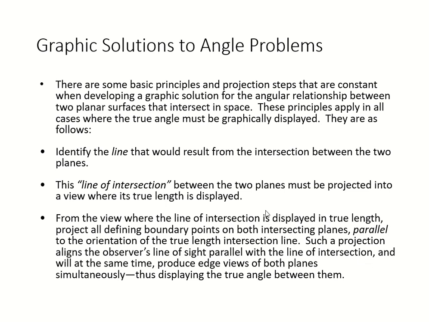So for the intersection angle, start with the line, and we're going to project it to get the true length, just like we projected from the parallel line to the full line in a previous example dealing with the oblique surfaces. This time we're dealing with the intersecting planes. Start with the line, project it, and you're going to get your true length. From the true length we do the same thing. We will project it again,